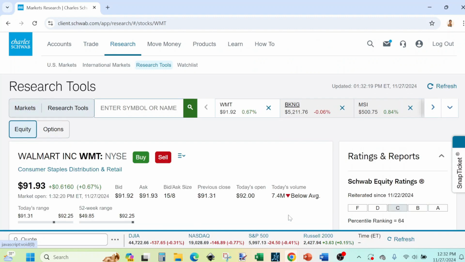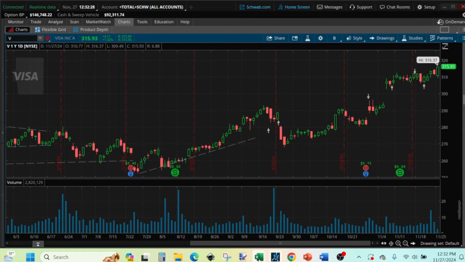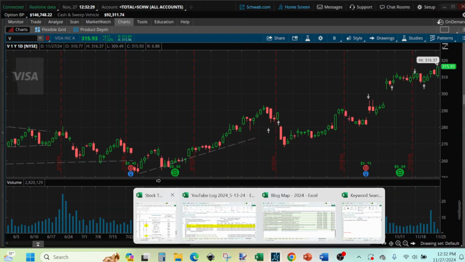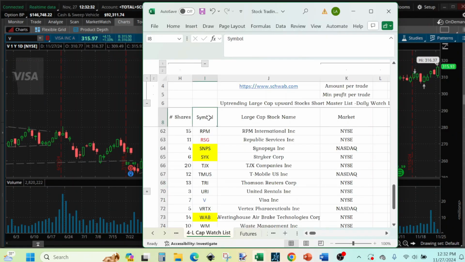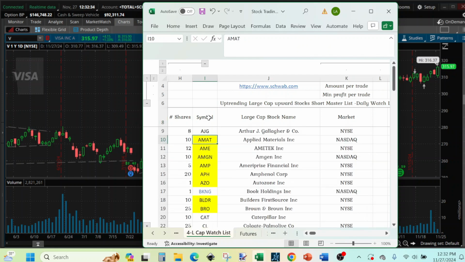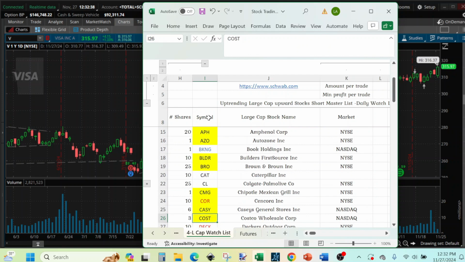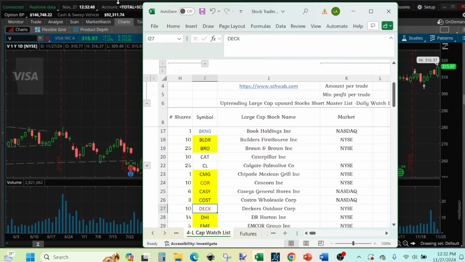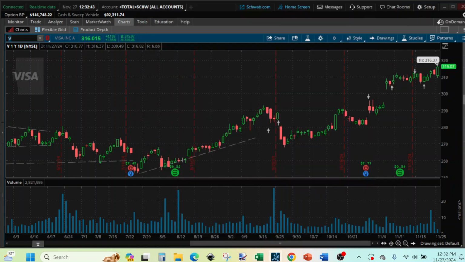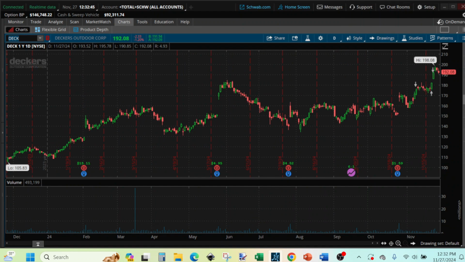Now we'll move to the next phase, which will be to check our stock watch list for the stocks that we picked to swing trade today. And I just click on Walmart stock so that I can go through there to the trade screen where I can tap those stocks. So now I'm going through the watch list looking for those. So the first one that we come across is